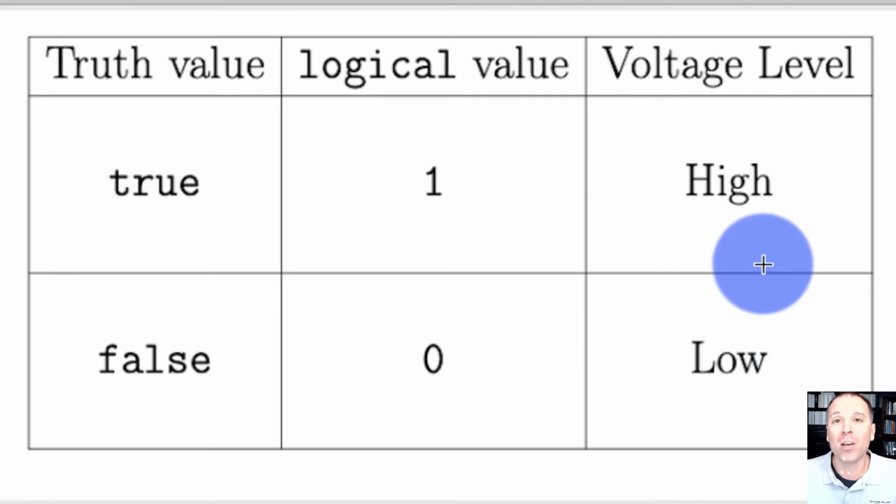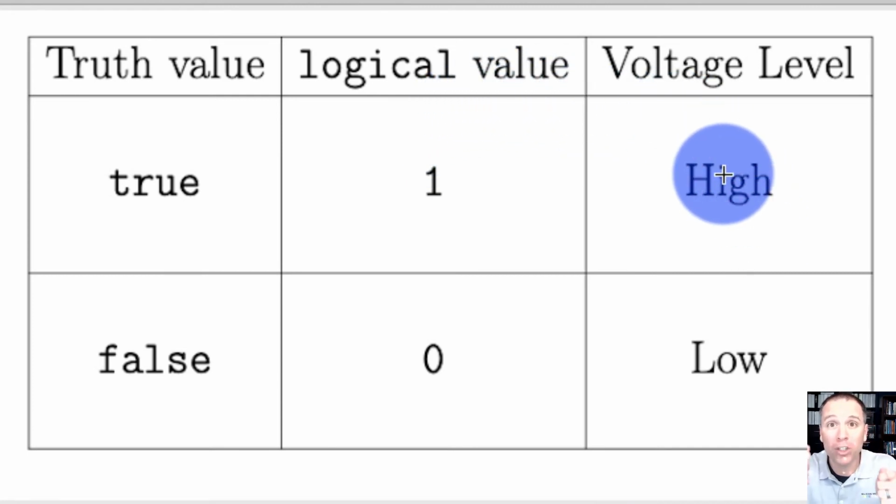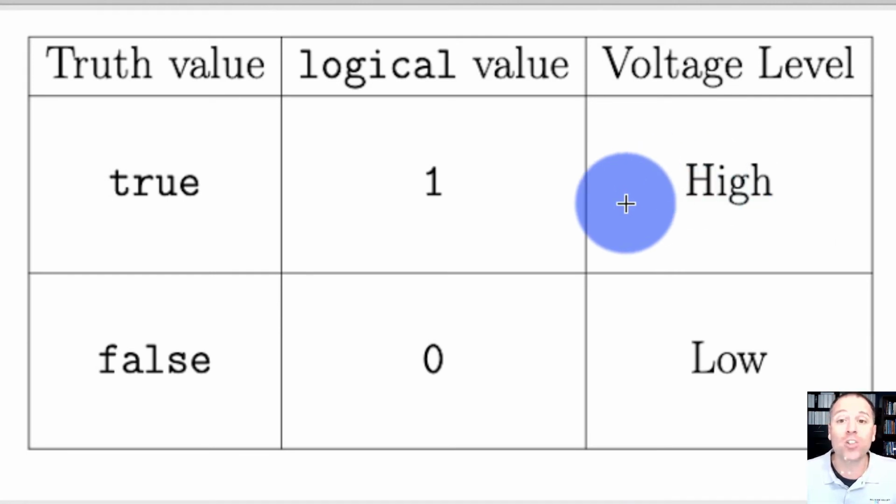So for example, there are computer architectures designed by the company TI, Texas Instruments, where the high voltage will be something like 3.3 volts and the low voltage will be something like 0.5 volts. In other words, logical values of 1 in the computer, if we were to actually go down to the hardware level and measure a voltage using a voltmeter, that would be stored at 3.3 volts. On the other side, if I saw a logical value of 0, on the actual hardware in the computer, that might be stored in a voltage value of 0.5 volts. The concept of digital computation is to map voltage levels to true and false statements in mathematics.